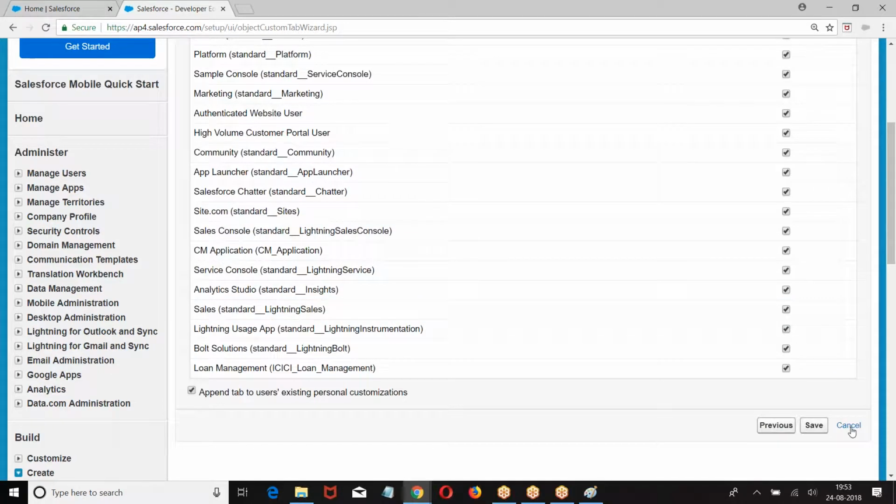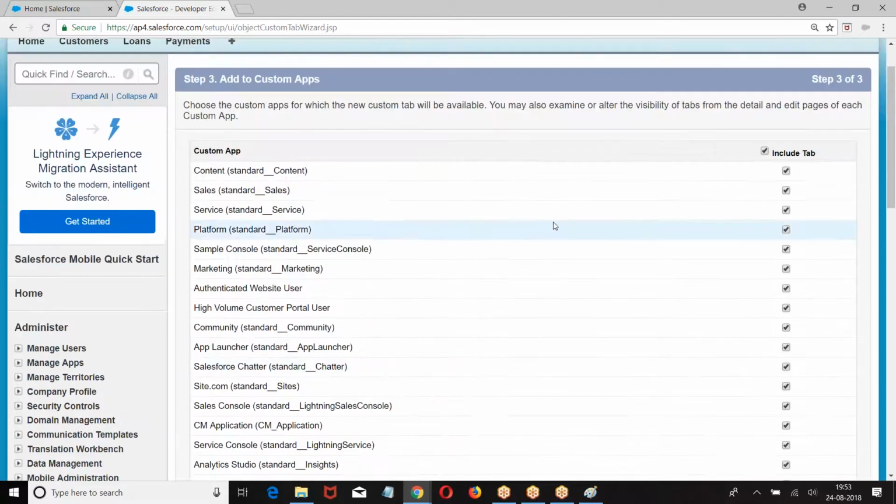This is adding a tab to an application. The application is already there. You are creating a new tab. When you are creating a new tab, this tab should be visible to which application. This is the third step. Add the tab to the corresponding application.